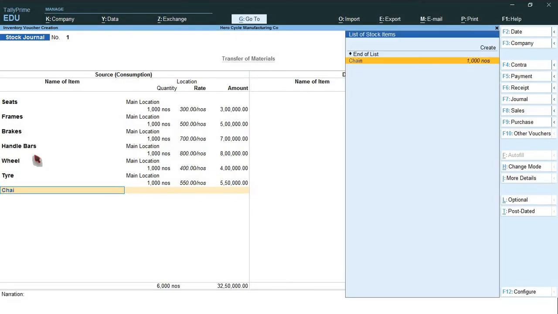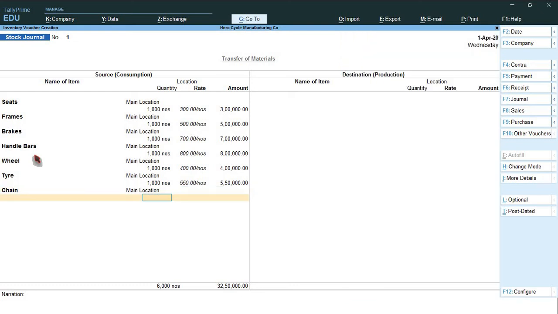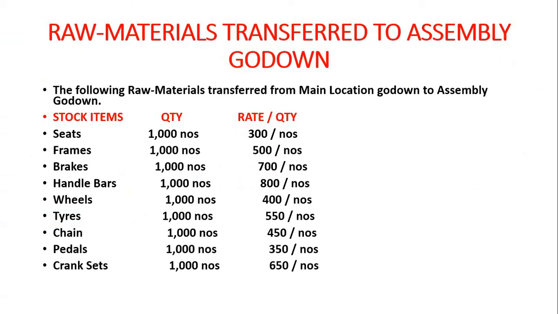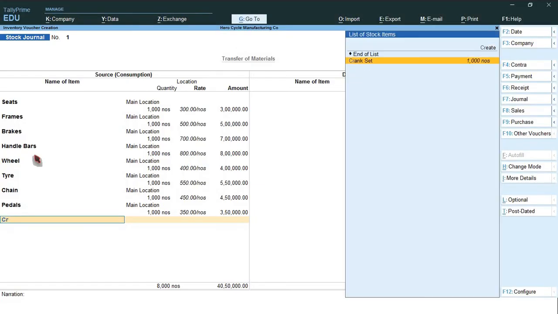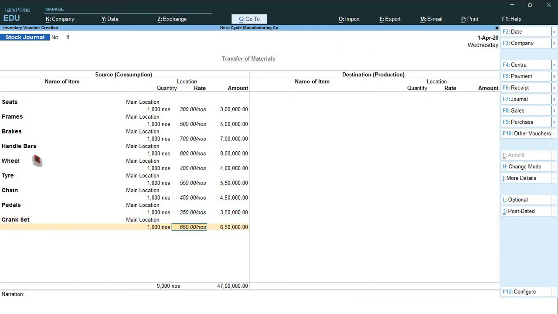Chain. Main location 1000. Pedals. Main location 1000. Cranksets. Main location 1000. Okay. So everything is over. So 1, 2, 3, 4, 5, 6, 7, 8, 9. So 9 stock items are over. So press one more enter.